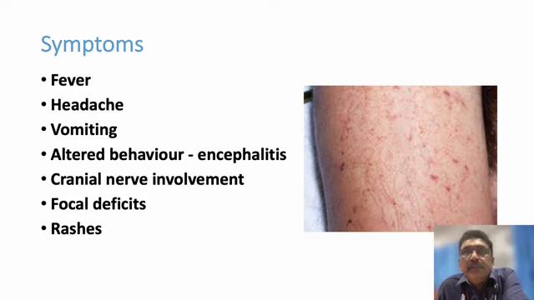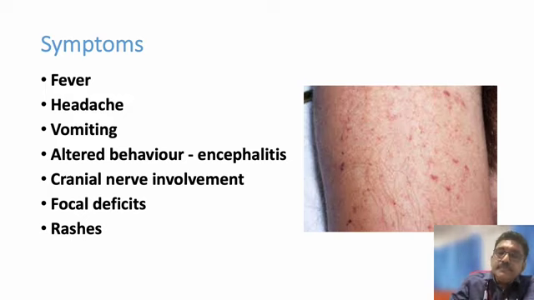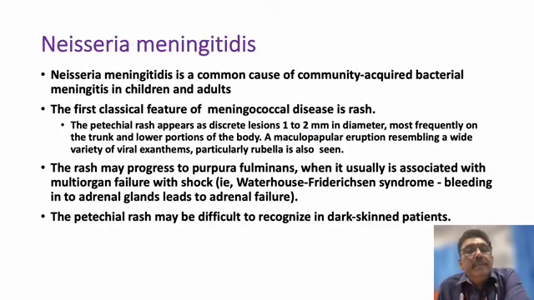Cranial nerve involvement may indicate a focal arterial defect like vasculitis. Vasculitis may be a part of the inflammation produced by the infection. Focal deficits also can be due to vasculitis. Rashes are mainly seen in meningococcemia. Neisseria meningitidis, meningococcemia or meningococcal disease classically presents as a community acquired bacterial meningitis, especially in